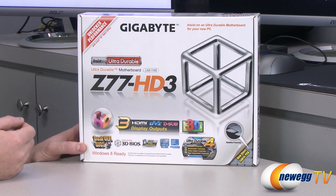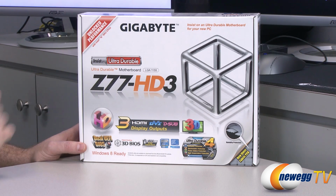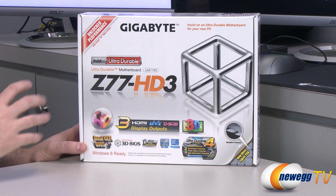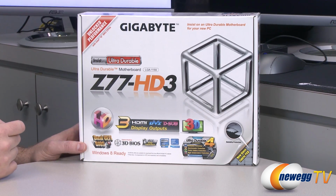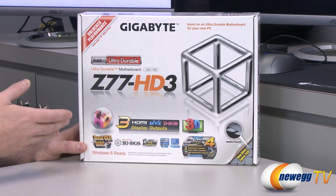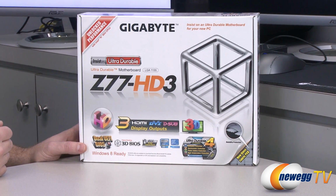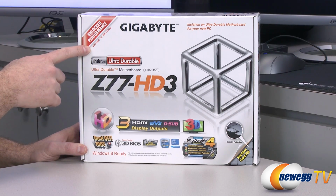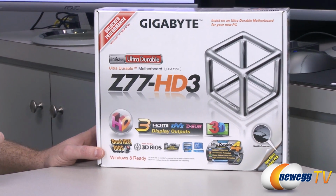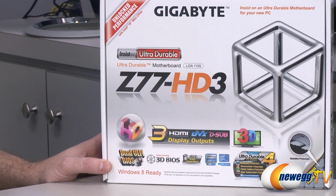Some of the features of the board will be turned on or off depending on which type of processor you use. So this is definitely geared a bit more towards the third generation Ivy Bridge processors with the Z77 chipset. For instance, if you have a third generation Ivy Bridge processor, you'll be able to make use of the PCI Express Gen 3 compatibility, whereas the second gen Sandy Bridge processors will give you PCI Express Gen 2 support. Also, if you go with an unlocked K SKU CPU, you will be able to overclock it using the overclocking